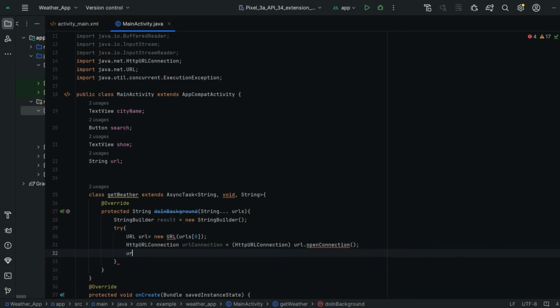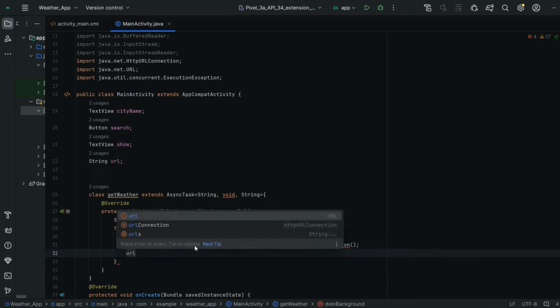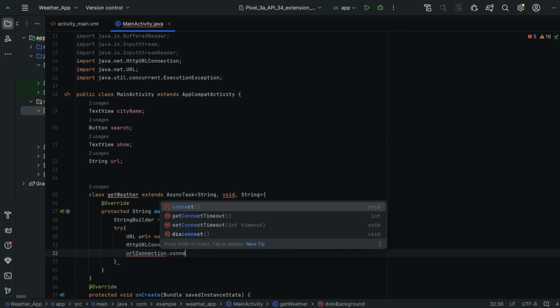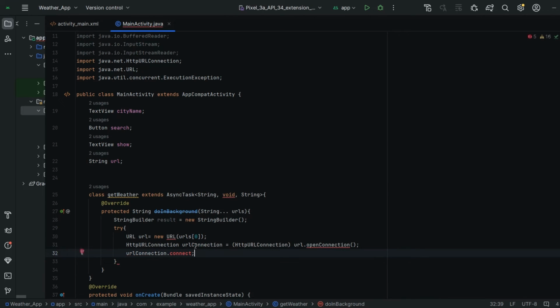Next I'm going to connect, urlConnection dot connect. See, guys, I am connecting to the internet using the API there.